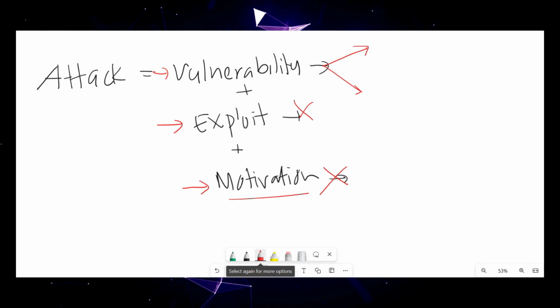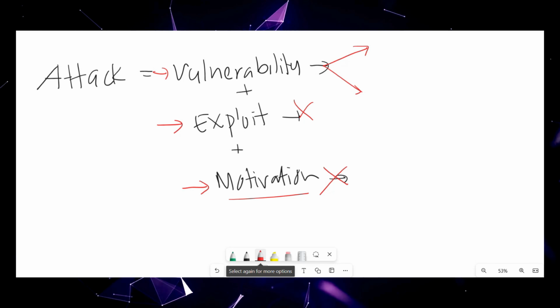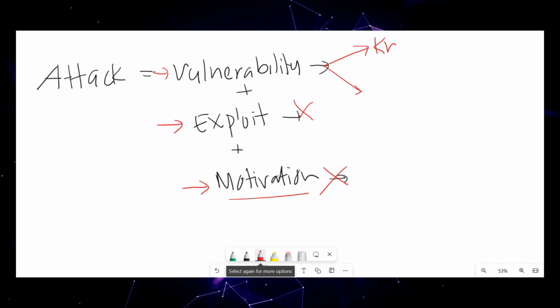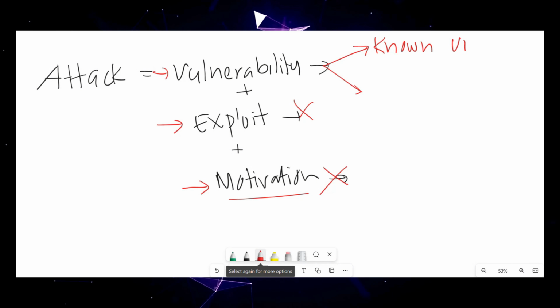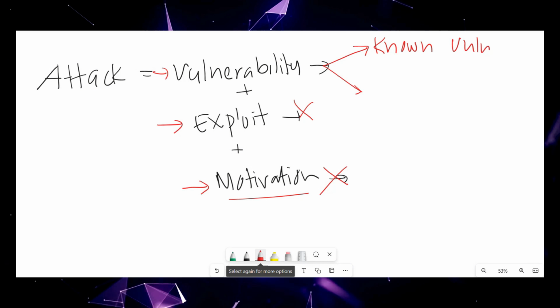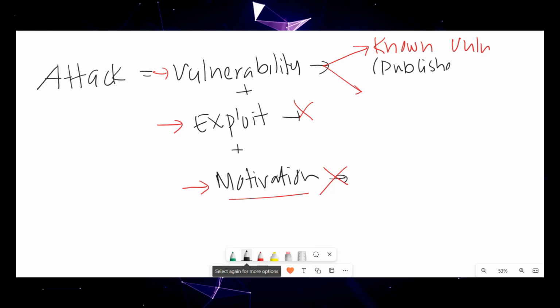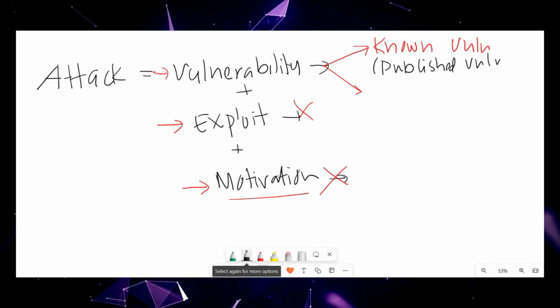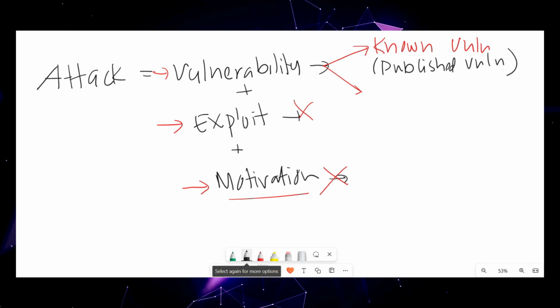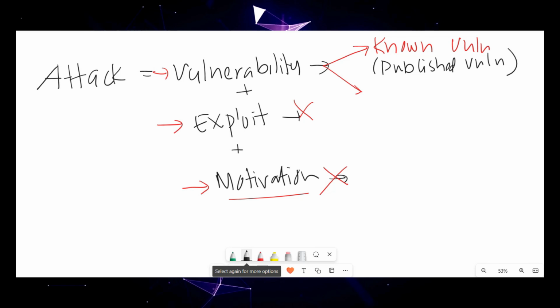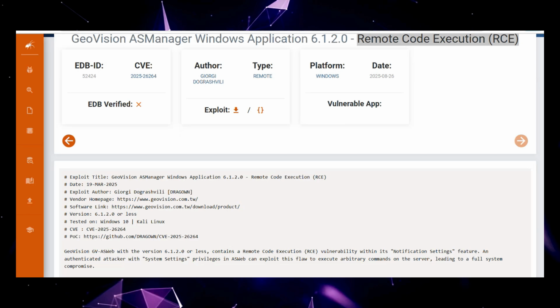No. The reason is there are two types of vulnerabilities. One is known vulnerabilities, also known as published vulnerabilities. What are published vulnerabilities? Let me show you what are published vulnerabilities. If I go to